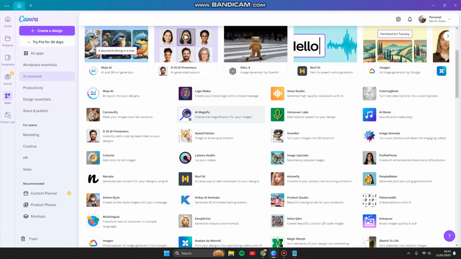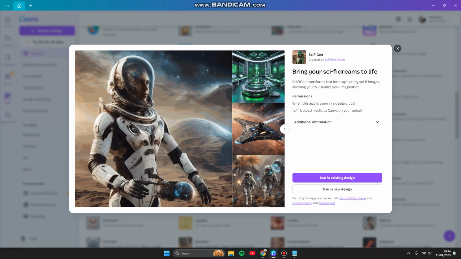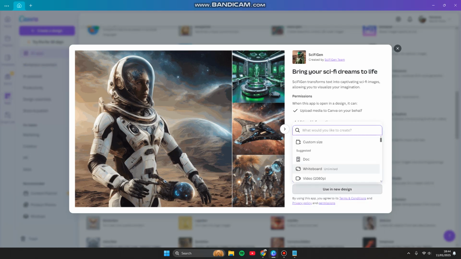So you can scroll down and try to find Science Fiction Gen or Sci-Fi Gen. Bring your sci-fi dreams to life. So Sci-Fi Gen transforms text into captivating sci-fi images, allowing you to visualize your imagination. So you can click use in new design now. Click as your preferences canvas,